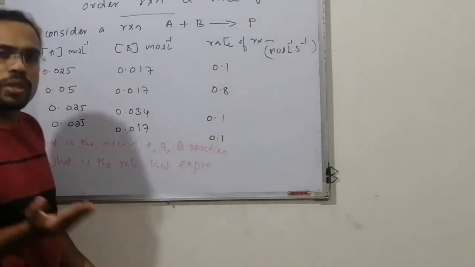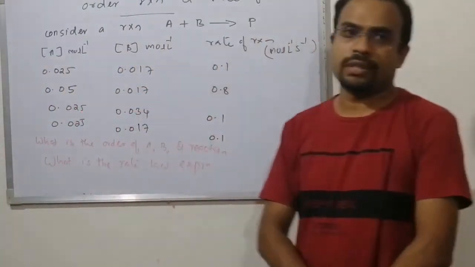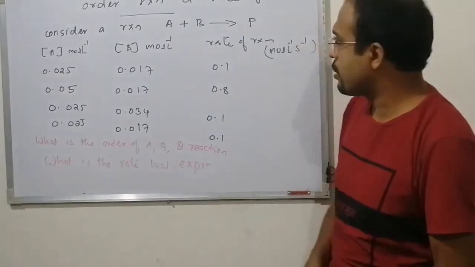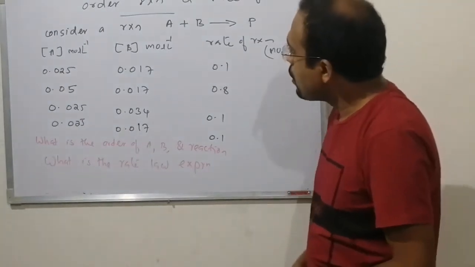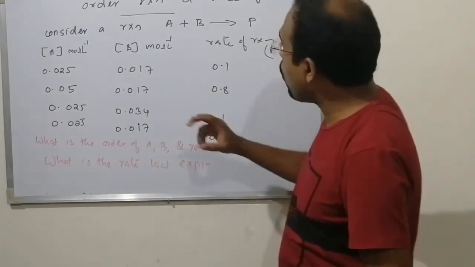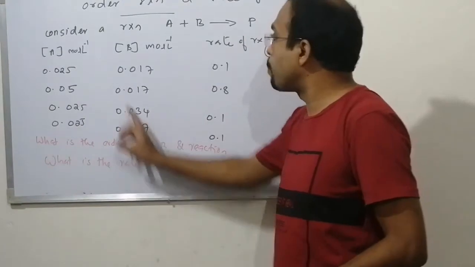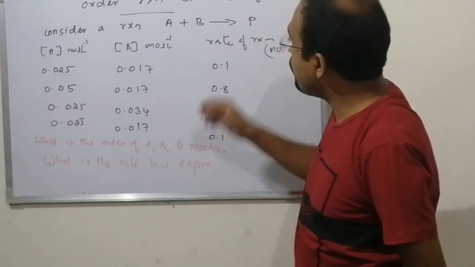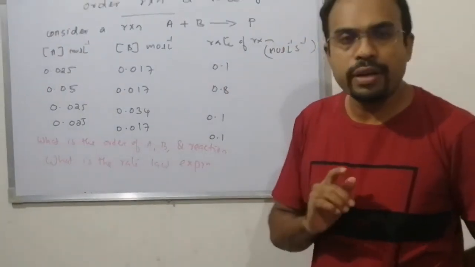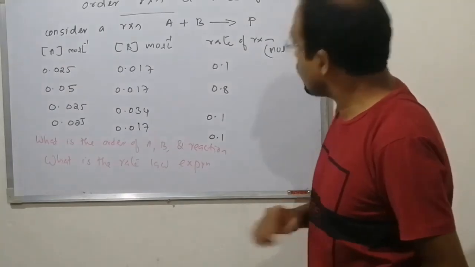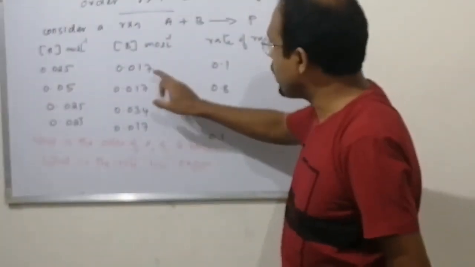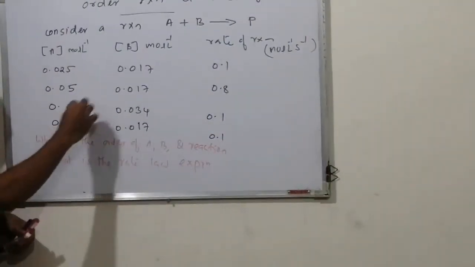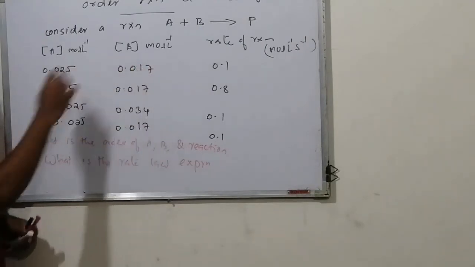Now, I will tell you a simple trick to solve this question. Simple trick. Please practice that trick. You know how? First, you find out the order of any one reactant, suppose A. For that, you take a pair of data where B is constant. Fine? B is constant. Therefore, you can take the first two pairs because B is constant. Therefore, I want to determine the order of A, so I take this pair, where B is constant.